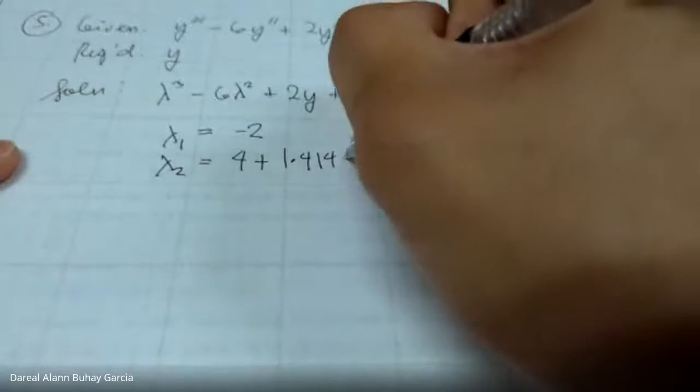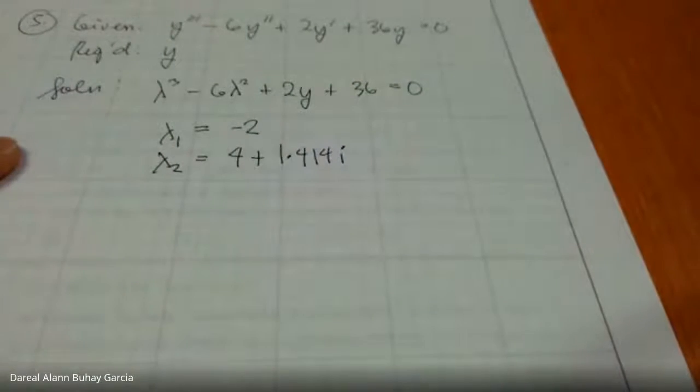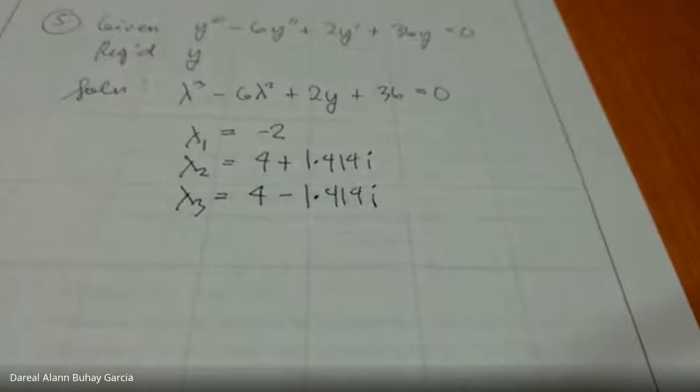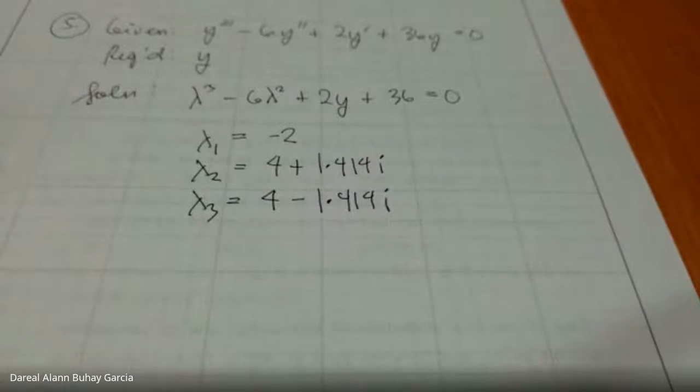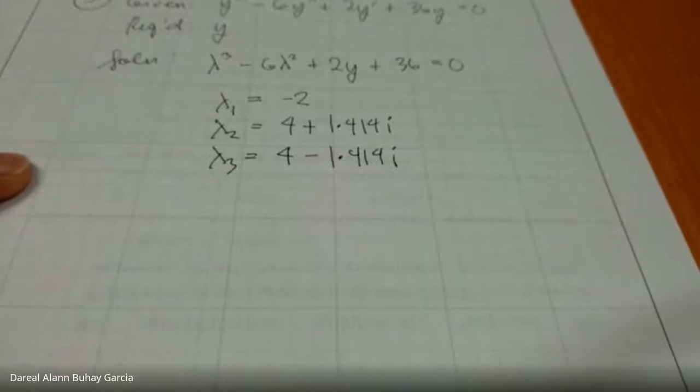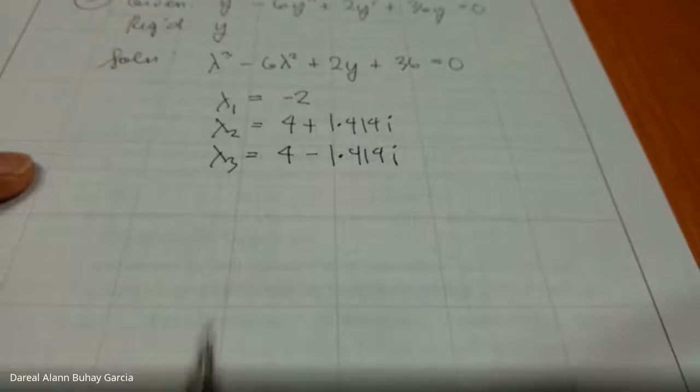Another is 4 plus 1.414 i. Another is 4 minus 1.414 i. So this is a combination of case 1 and case 3. We just combine what we learned. The final answer is equal to